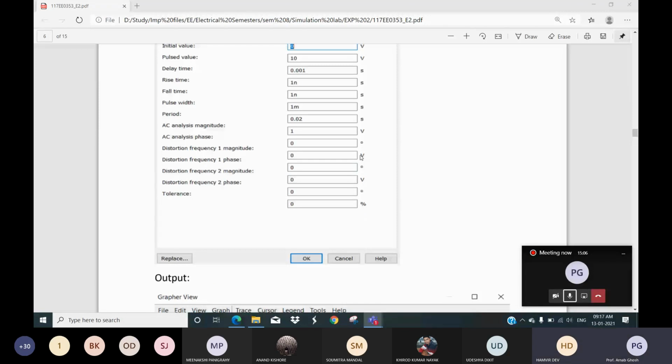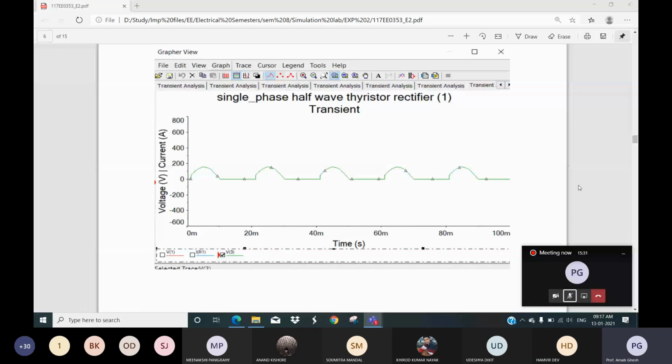In the output waveform, what you need to include is the changing of the firing pulse. That I am telling you. In simulation, it is possible. You can change it from 0 degree up to 180 degree. At least 5-6 readings should be there. Okay. That's perfectly coming. Okay, that value, how much value did you measure?